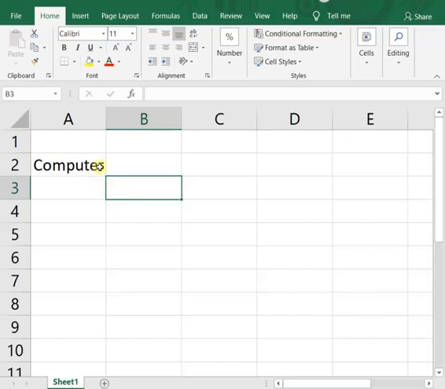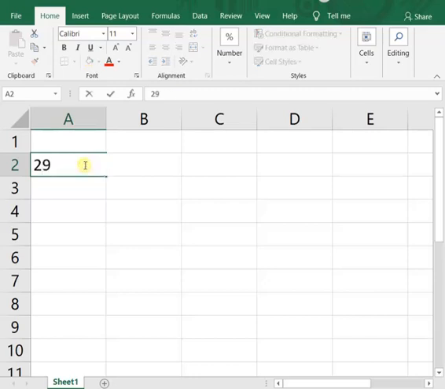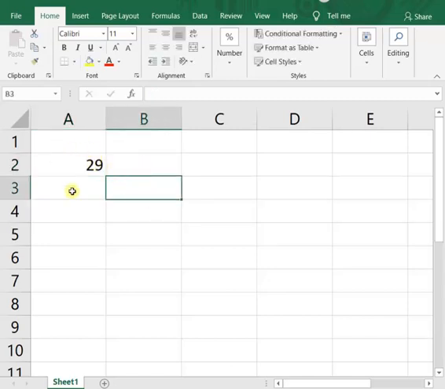Again, if you want to change the data here in A2, again select it. Now I want a number. I don't want this text. I want it in number form. So I want to insert the number 29. Just enter the number from your keyboard. The text will be deleted automatically and 29 will be replaced in this cell. Then to save this number in this cell, again click on outside. 29 will be saved.